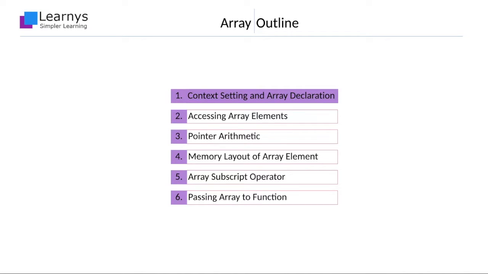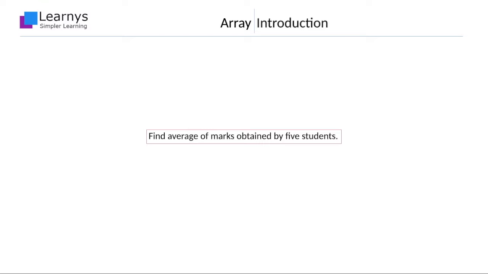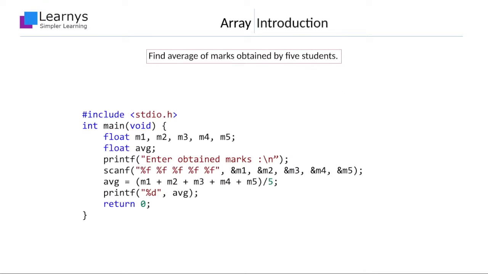Let us start understanding arrays, one of the most useful constructs of the C programming language, by setting the context of its usage. Consider a very simple problem of finding the average of marks obtained by 5 students. The marks are to be provided by the user. This program implements this problem. Nothing fancy about the program. It begins by declaring 5 variables to store the marks input by the user, goes on to seek and store the marks, and finally calculates and prints the average.